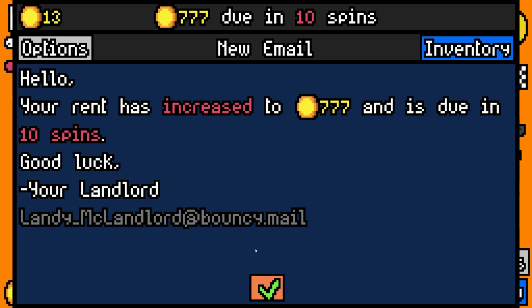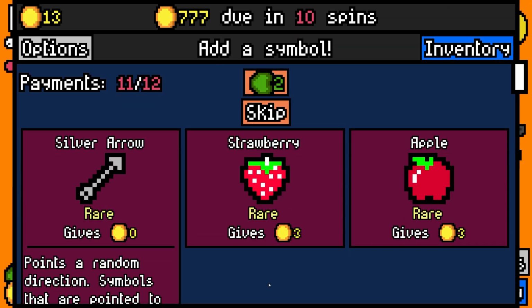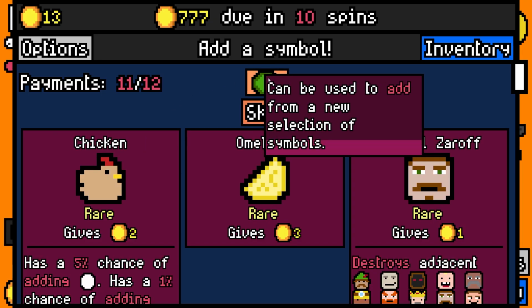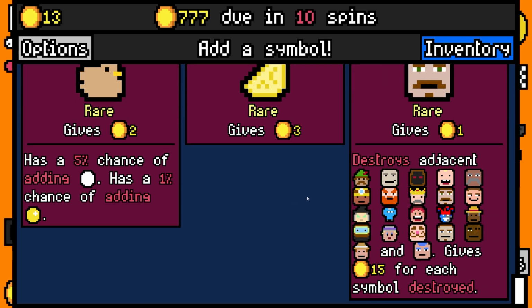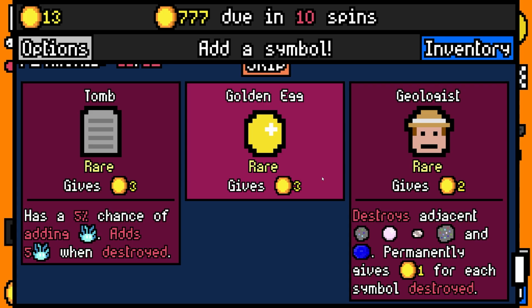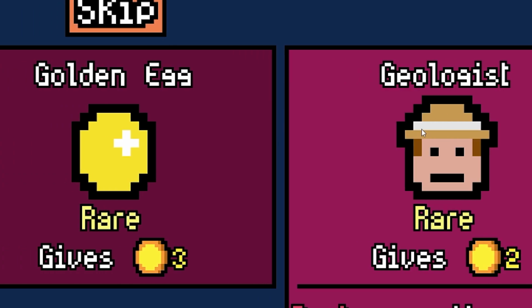We're definitely gonna be tight on this one, but all of my things are worth a little bit more than they were, and I hate to say it, but I kind of want to get the silver arrow. But we're gonna skip and hope for something better, because I'm pretty sure everything we get's gonna be rare at this point. One more time. And we're gonna probably settle for a geologist. Although we already have one geologist on the board, is it worth it to get a second one? I don't think it is. I think we're gonna take...